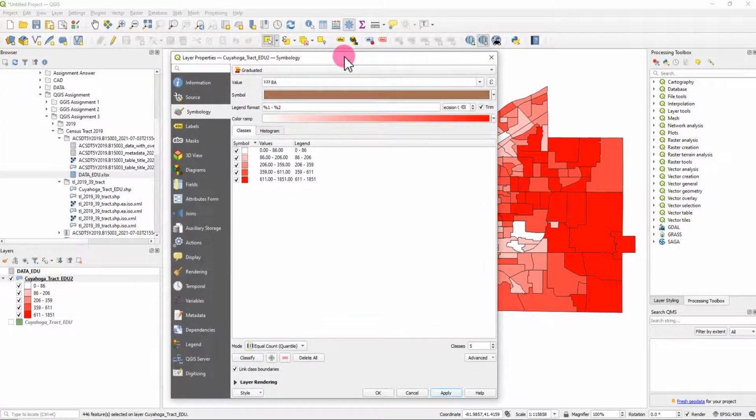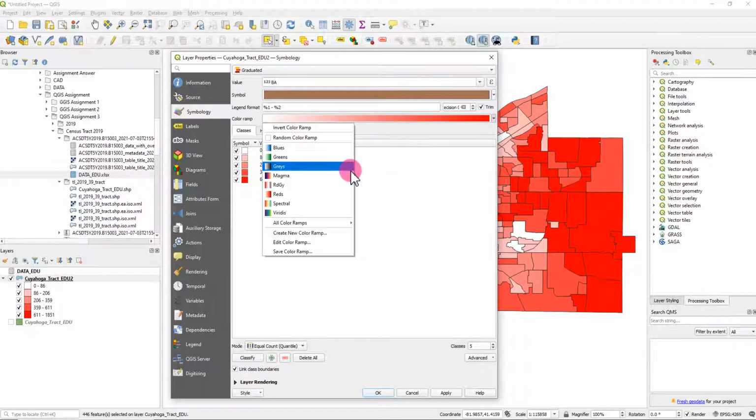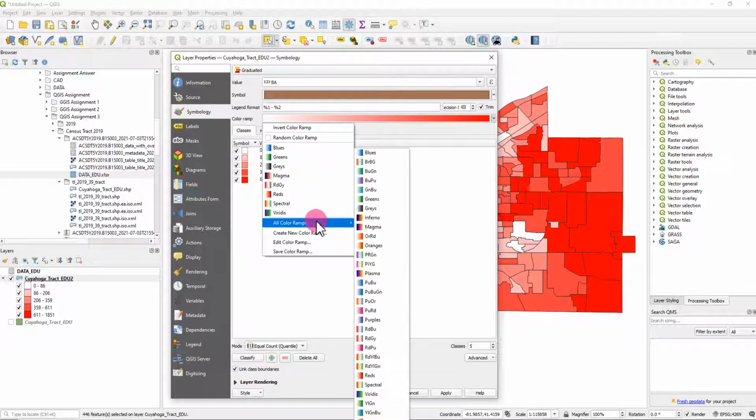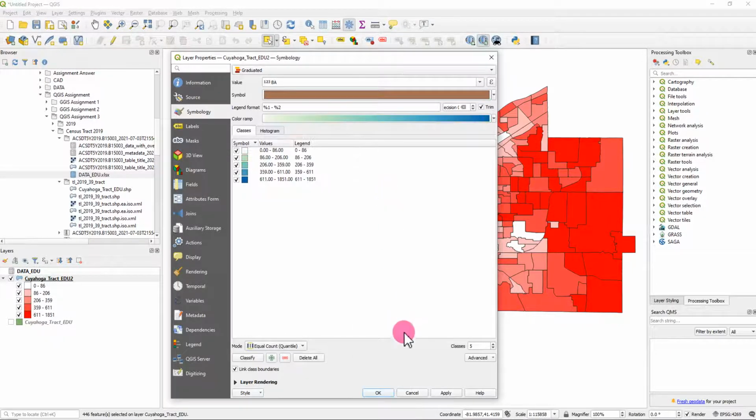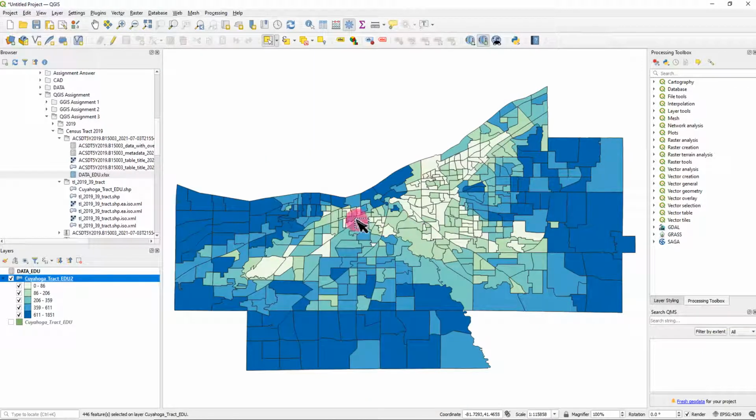And I don't like that color, so what else? Something like this, right? Or,